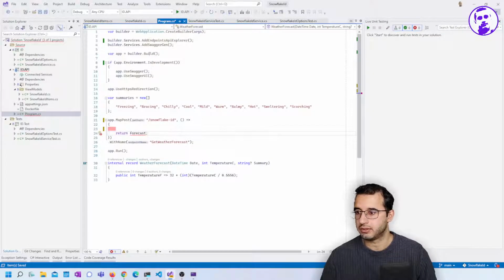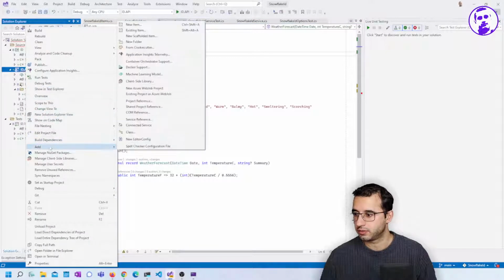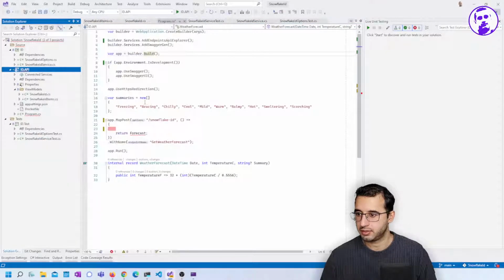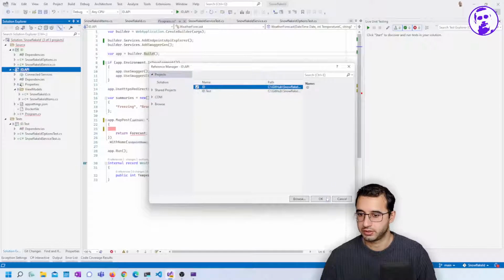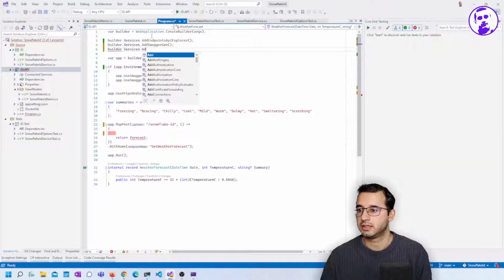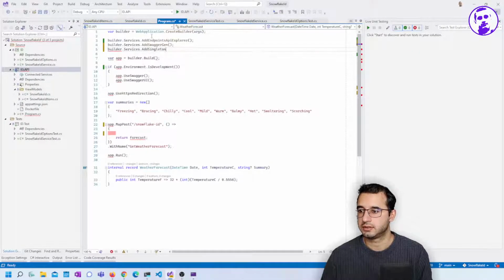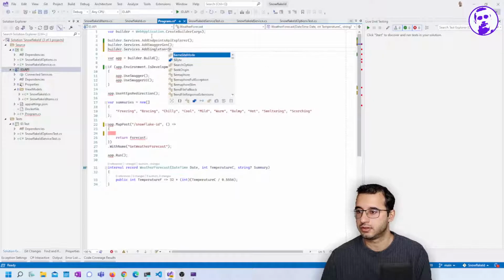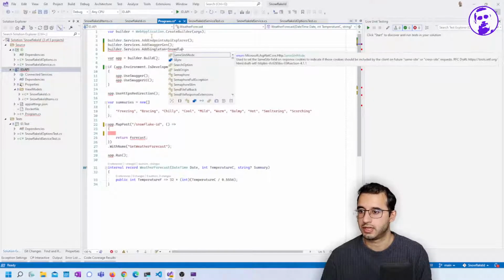But to do that, we need to set up our Snowflake service. So we'll add a project reference to our ID project, and we'll add singleton Snowflake ID option service,